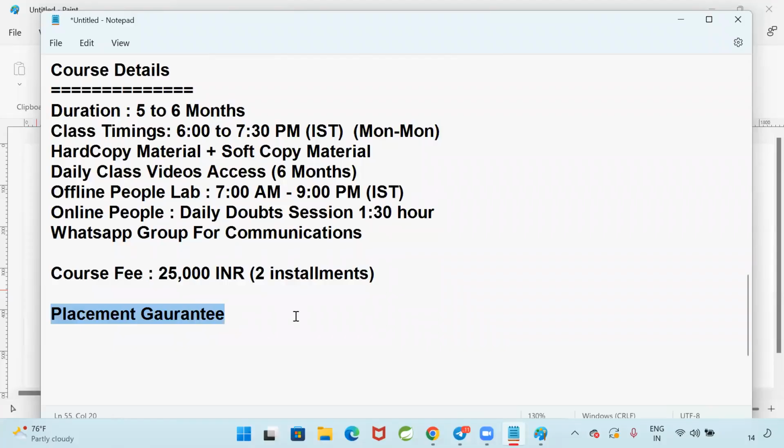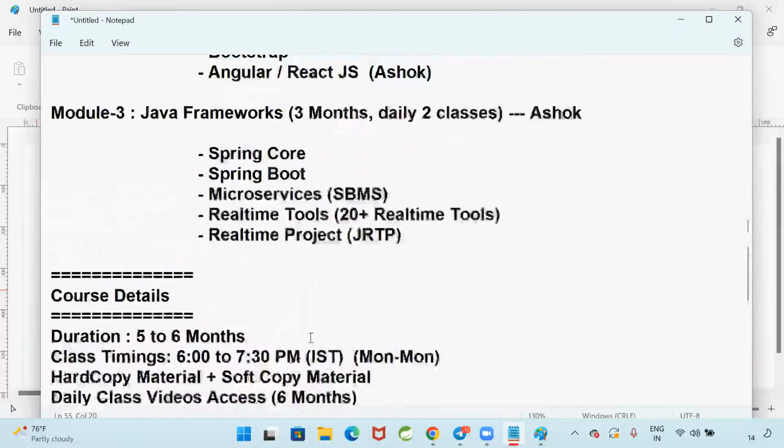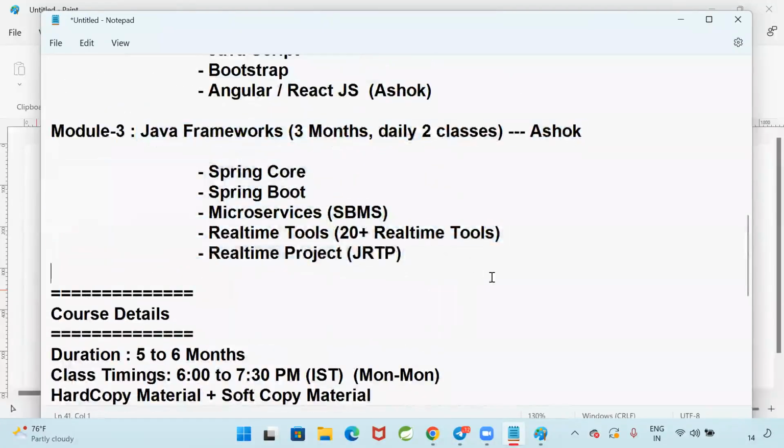If you want to go as a fresher, we will help you to get the job. Monthly, once or twice, companies will come to our institute to conduct offline drives. You can participate in the drive also if you want to go as a fresher. But after starting module 3, you will realize there is no need to go as a fresher. If you go as a fresher, how much package will you get? 3 lakh, 4 lakh, 5 lakh. If you go as experienced, 12 to 16. There are people who got 12 lakhs, 10 lakhs, 16 lakhs, 18 lakhs package.